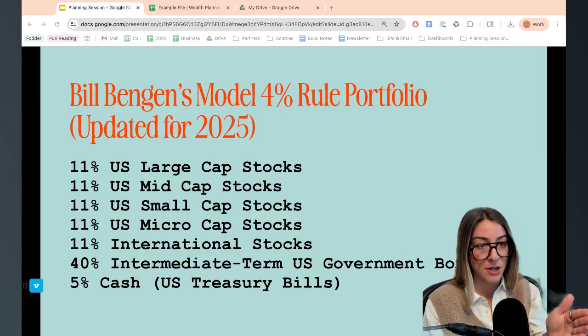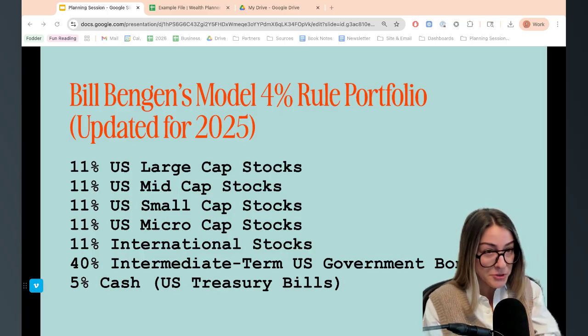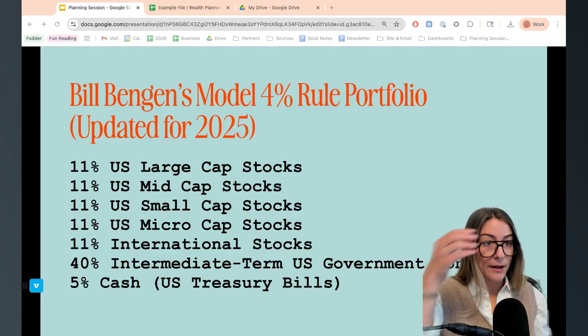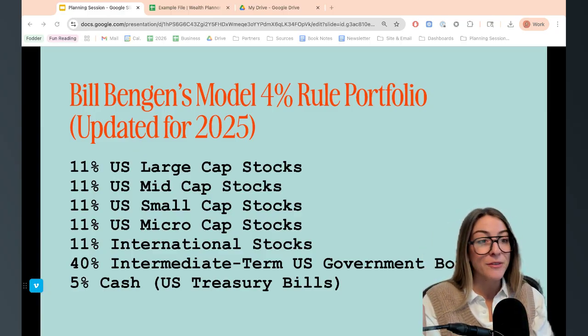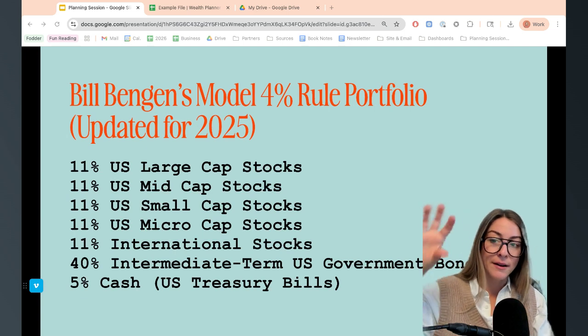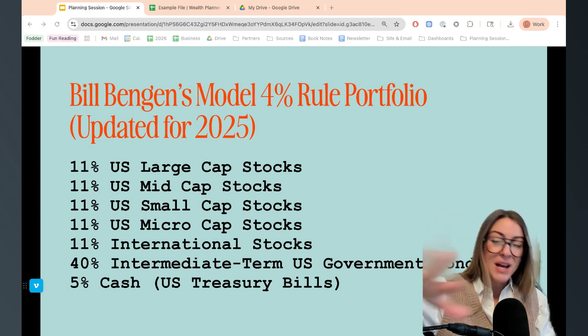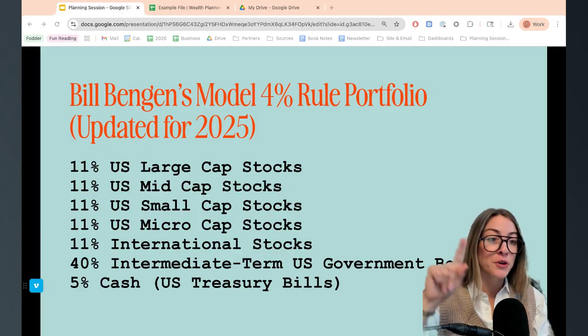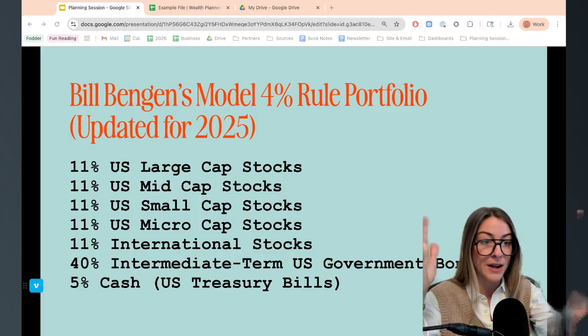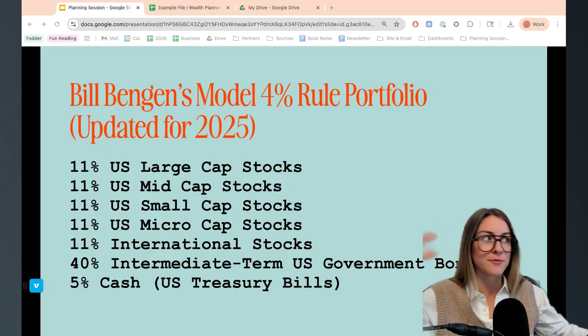And if they are the best option for you, and you are pursuing financial independence, it might be worthwhile to know that the model portfolio that Bill Bengen, the man who effectively discovered the 4% rule in financial planning, which gave us this fine math that we are using, based his calculations on this portfolio. Not originally, by the way. Back in the 90s, it was just a 2-asset class portfolio, but he has since expanded it and diversified in this way. And this is kind of the most updated 2025 and forward